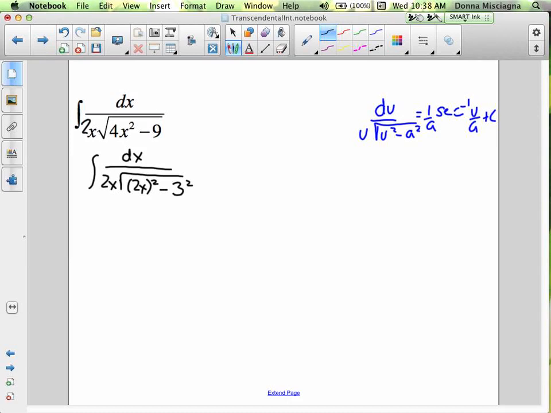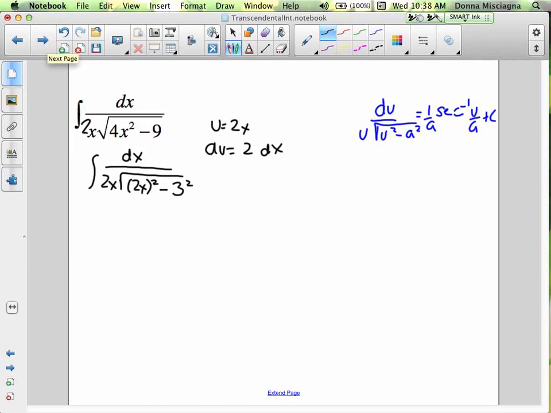Now let's identify all our parts. So the u is 2x, the a is 3. Actually, let's make sure we got the du part. So the du is 2dx. We appear to have everything that we